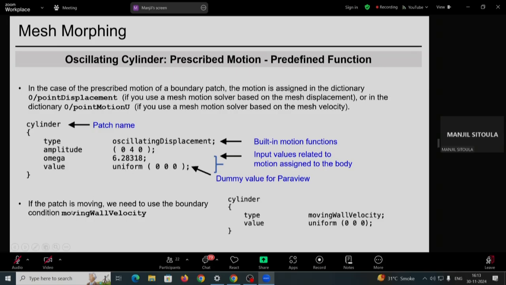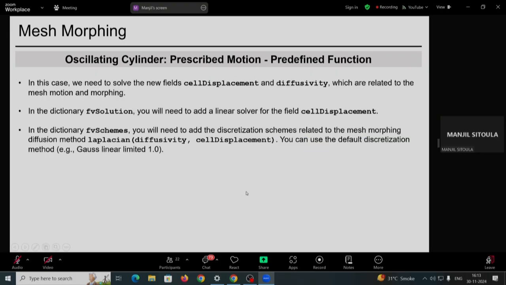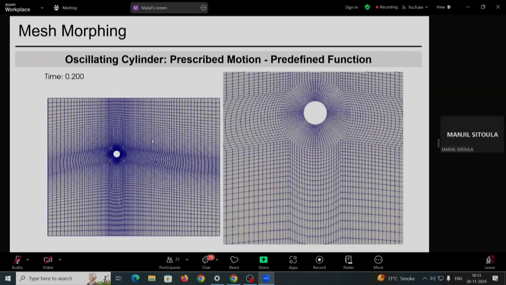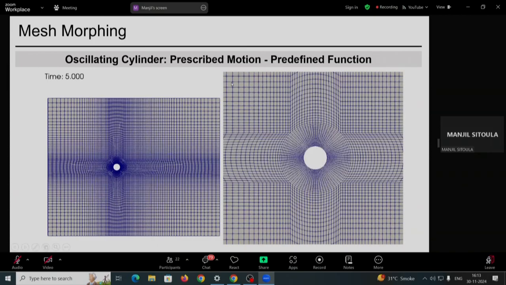And we also need to assign moving or velocity to the moving boundary. And one thing to add is that we need to add the cell displacement in the FB solution. So how do we calculate cell displacement? The solvers for the cell displacement should be added in the FB solution. So you can see the mesh. This is the mesh morphing. So when the cylinder is oscillating, we can see that the shape of the mesh is changing, that the deformation